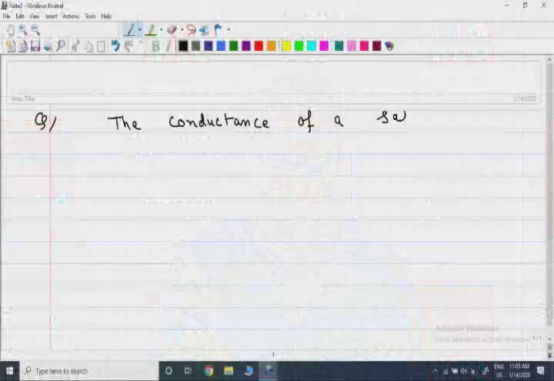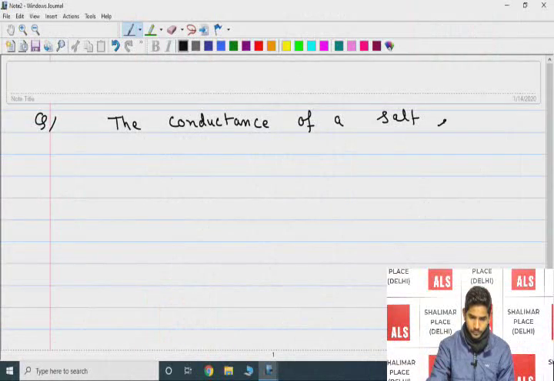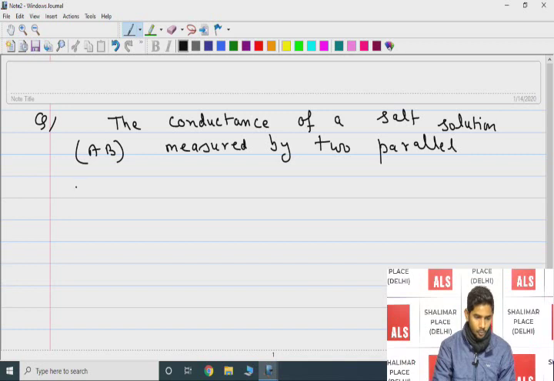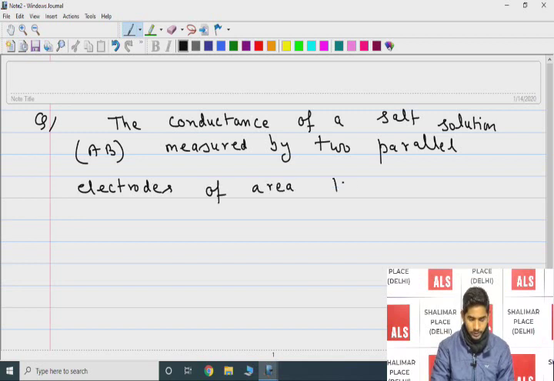The conductance of a salt solution AB measured by two parallel electrodes of area 100 centimeter square separated